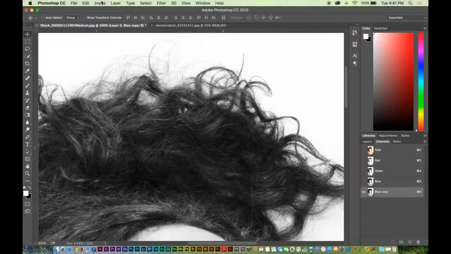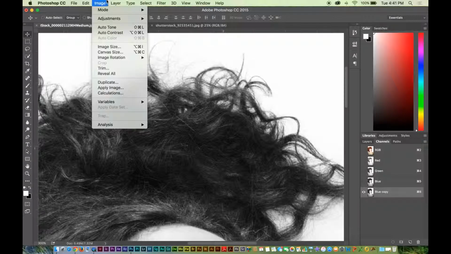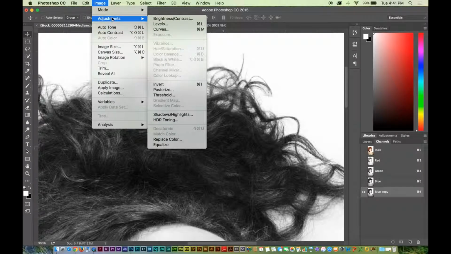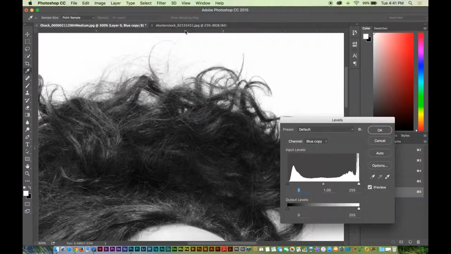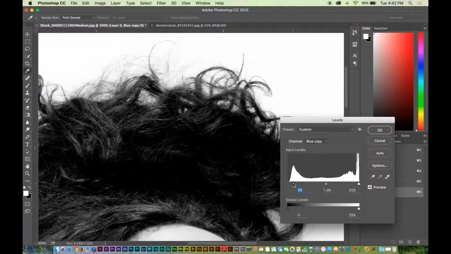So this blue copy channel here is going to act just like a layer. I can tweak this color just like a layer. I'm going to go into Image, Adjustments, and then Levels. My reason for doing this is that I'm going to increase the contrast between the hair and the background. So I'm just going to increase the darks a little bit in levels. I'm going to increase the brights, and you can see that I'm starting to maybe lose a little bit of the